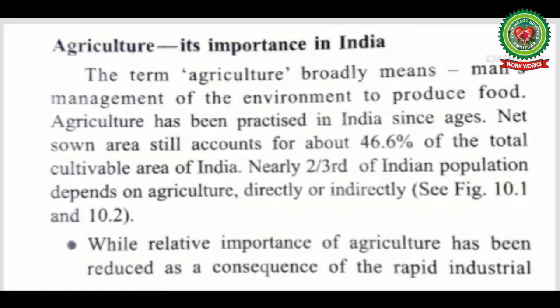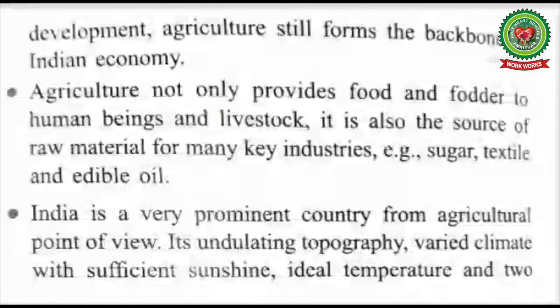Agriculture has been practiced in India since ages. Net sown area still accounts for about 46.6% of the total cultivable area of India. Nearly two-thirds of Indian population depends on agriculture directly or indirectly. While relative importance of agriculture has been reduced as a consequence of the rapid industrial development, agriculture still forms the